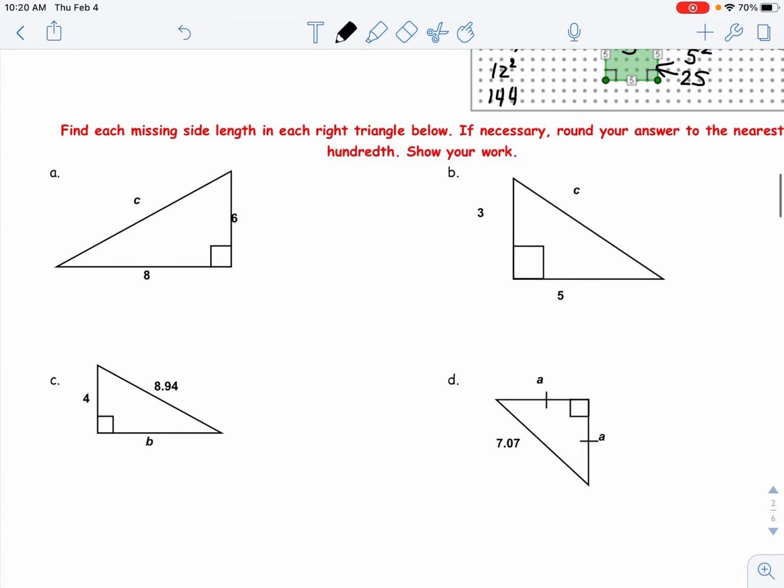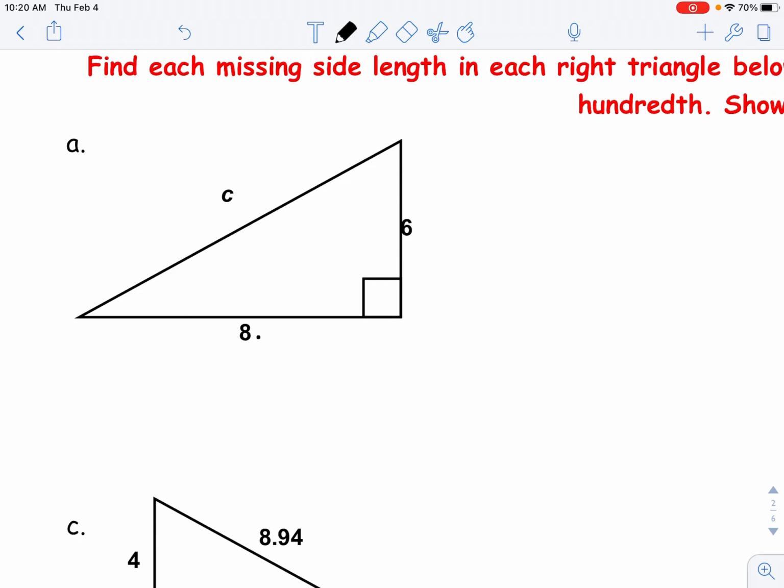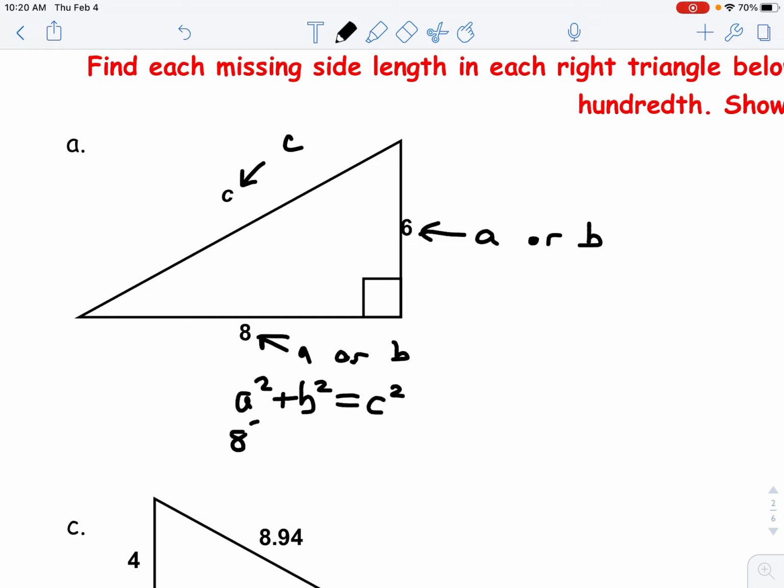Okay, so now we're gonna just do a bunch of practice problems with Pythagorean theorem. So looking right here again, remember I can call this one A or B. This is a leg, this can be A or B. This has to be C. All right, identifying the legs, the hypotenuse, keeping your stuff organized in that manner is incredibly important. But really from there, just writing A squared plus B squared equals C squared, and then just plugging in stuff,